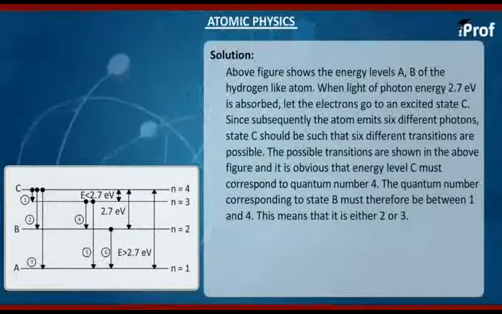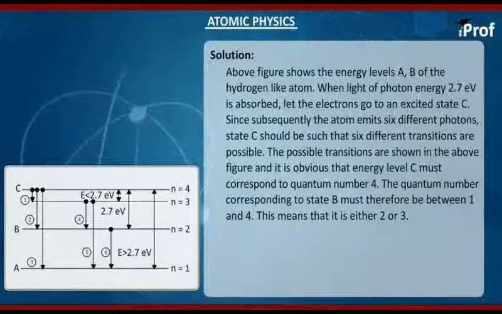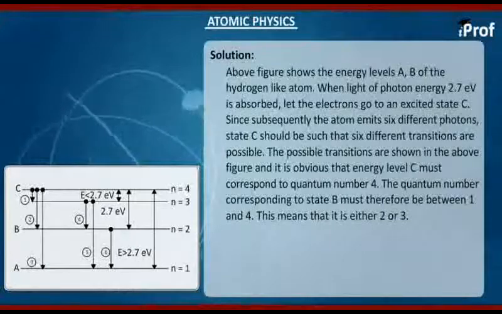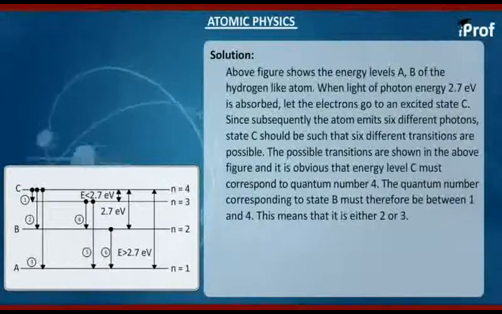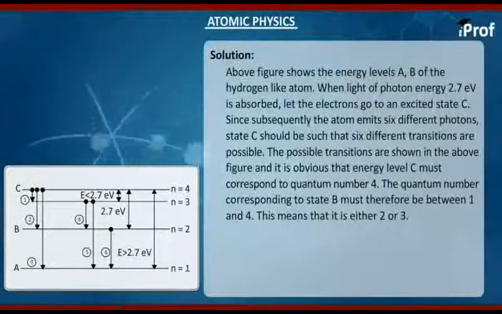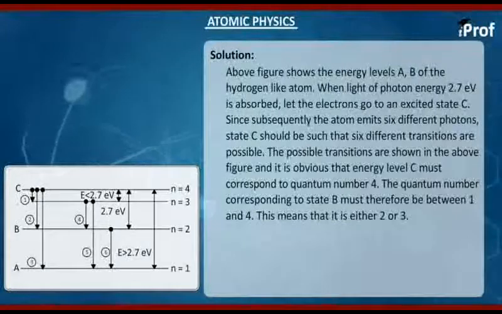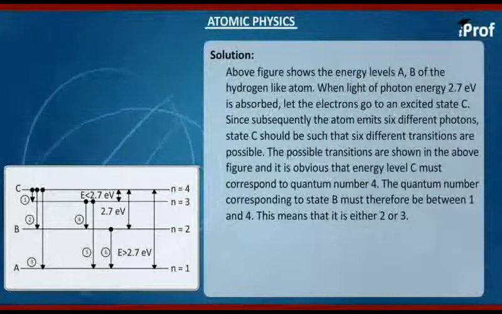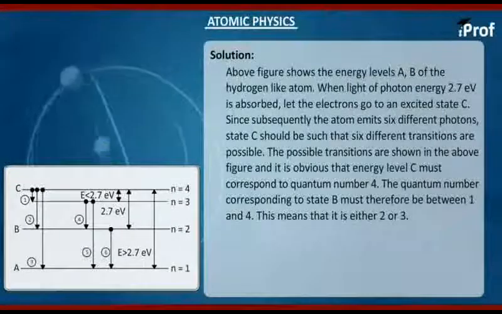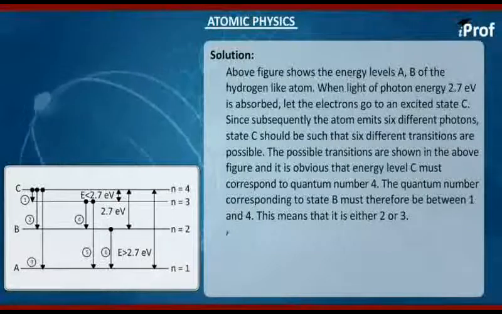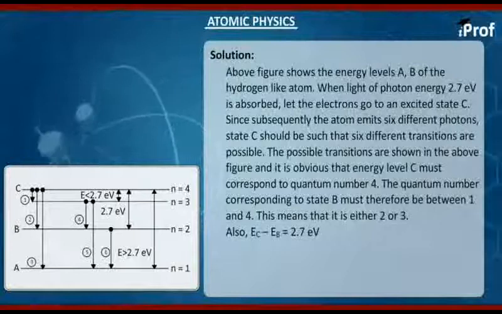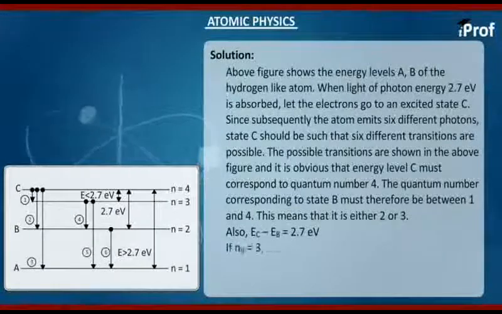Now the quantum number, that was the question: find the principal quantum number of initially excited level B. Now here the quantum number corresponding to state B must therefore be between 1 and 4. This means it is either 2 or 3. Now it is given that EC minus EB is equal to 2.7 electron volt. Now if NB is